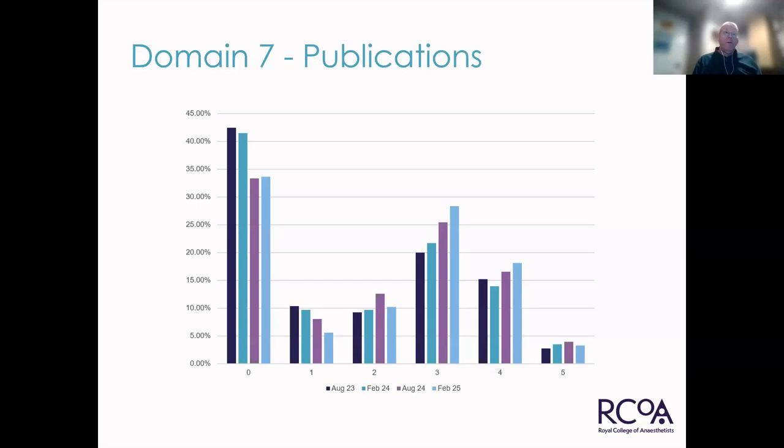Publications, again, a lot of people will not be able to get publications, unfortunately, and that's reflected in the number of people who don't score any points in this domain. However, again, there's a nice spread of points over the domain as a whole. Again, very importantly, you must be able to demonstrate whether you were lead author, for example, and whether it's a peer-reviewed journal. I think an increasing number of people are submitting evidence for publications not PubMed listed, but if they are peer-reviewed, then they score exactly the same number of points, but we need to have evidence for that.